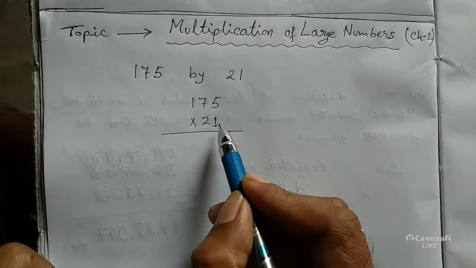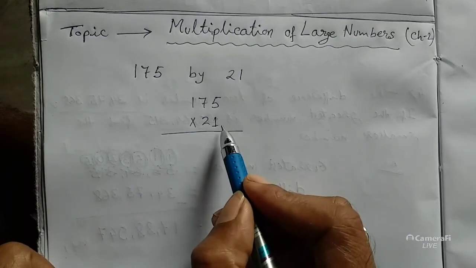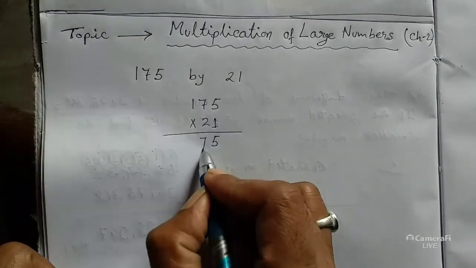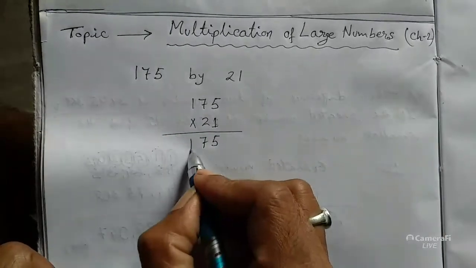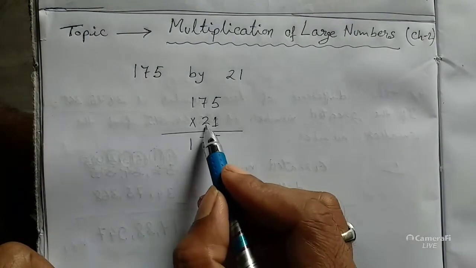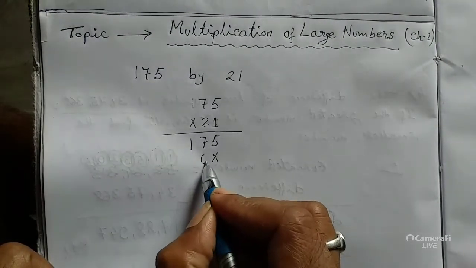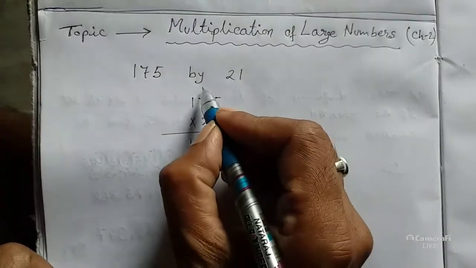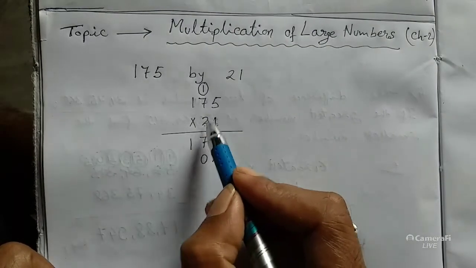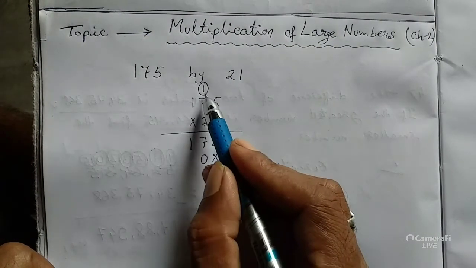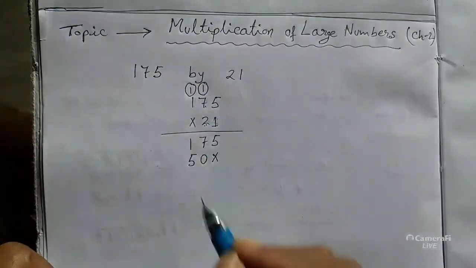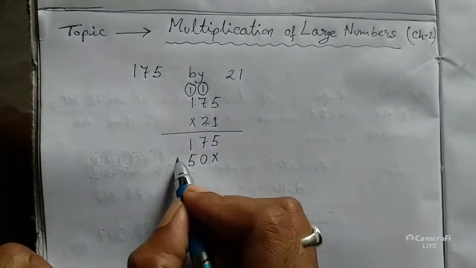In the multiplication table of 1, 1 5 ja 5, 1 7 ja 7, 1 1 ja 1. This first row is complete. Now give a cross sign. Now by 2, 2 5 ja 10, 0 we will take. For the next step there is a carry 1 from 10. 2 7 ja 14, 14 plus 1, 15, 5 will be here. Again 1 carry for the next step. 2 1 ja 2 plus 1, 3.